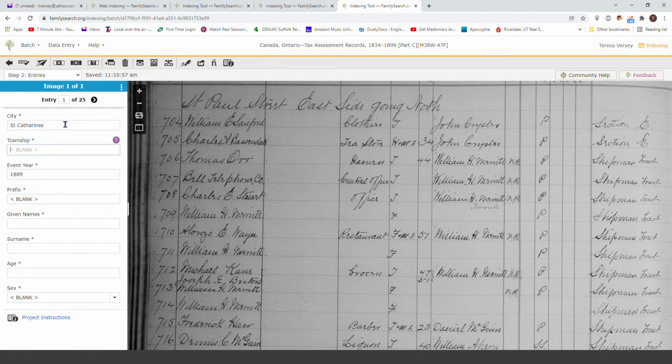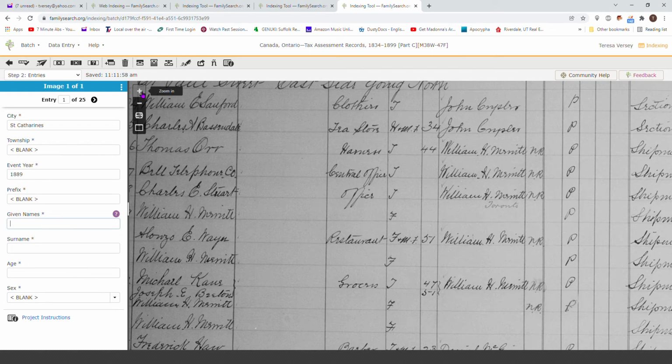But I'm coming back to the first one because right now I'm going to go into where it says city. Hit this envelope, this colored in envelope thing. It puts it in every field in this one so that I don't have to keep typing this over and over again. I just do this on every one of these. That's going to be the same in all of them. And this sex down here, same. So now all I have to do is fill in names and their age. So I'm going to scroll in a little bit further.